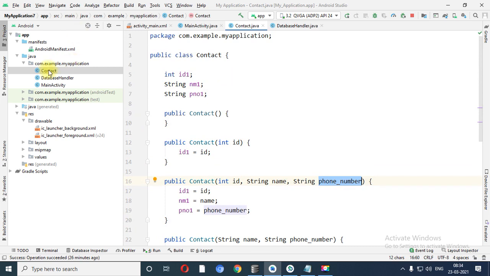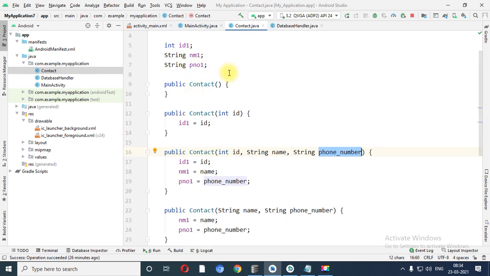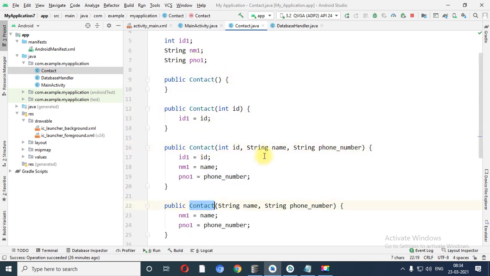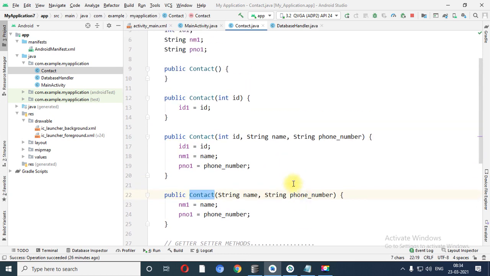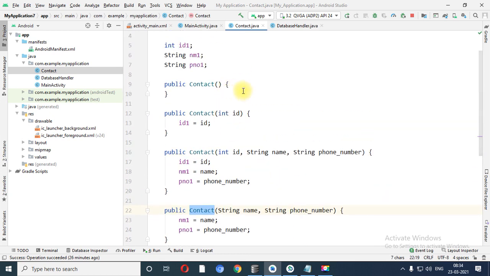At that time the file name should be student instead of contact, right? Then based on the student you need to create the student constructor. Now see, all the constructors must be declared. Say for example, constructor with 1 argument, constructor with 2 arguments and constructor with 3 arguments.